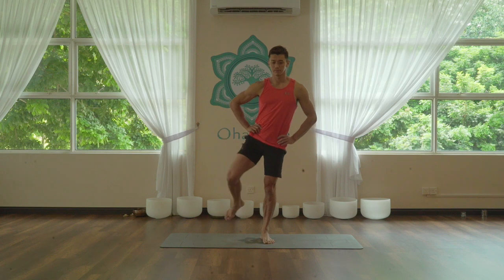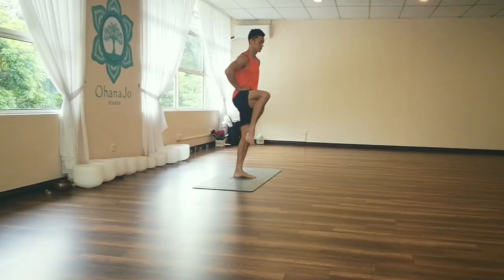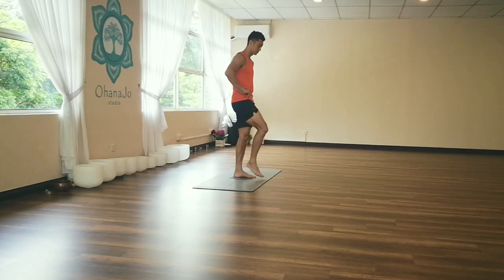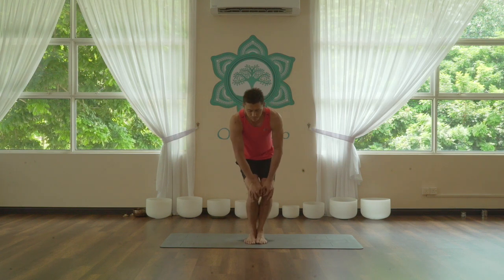And don't be surprised if you start feeling the left ankle getting a bit tired, because you are balancing on one foot and drawing it inward now, using the right knee, making big circles. And bringing down. Now bring your feet together, and we're going to do a slight squat and just roll the